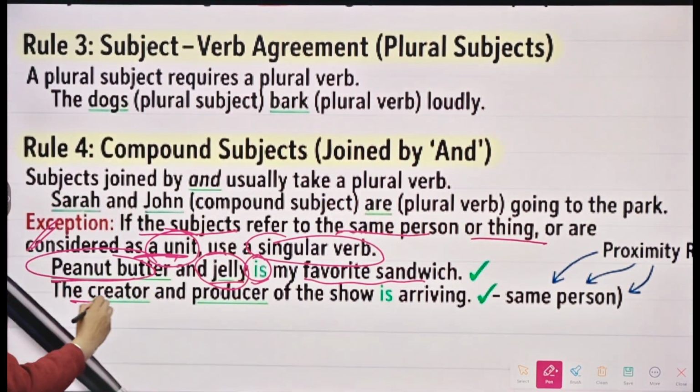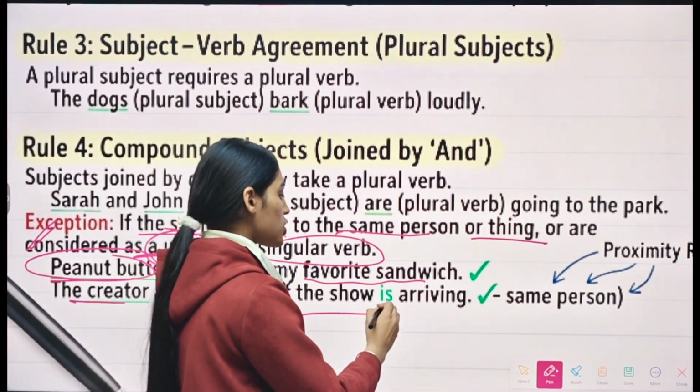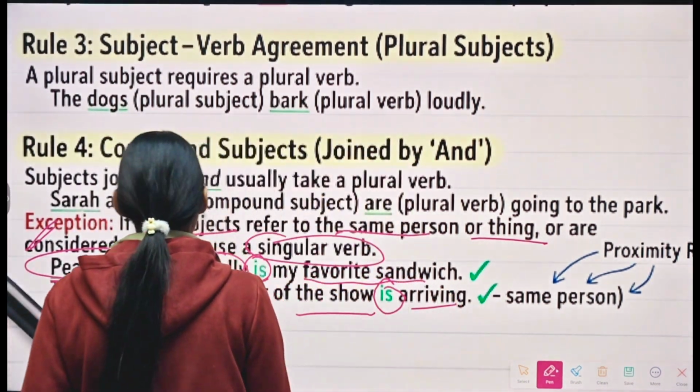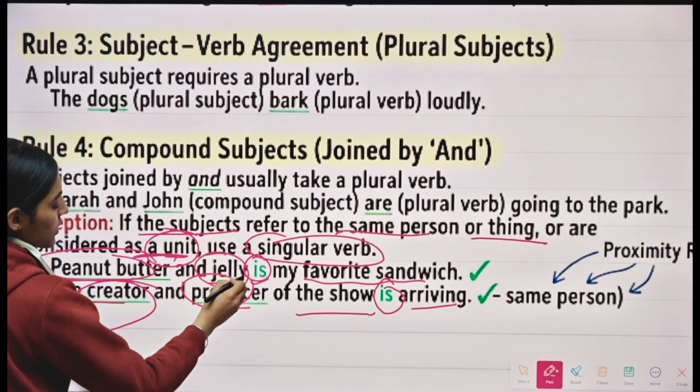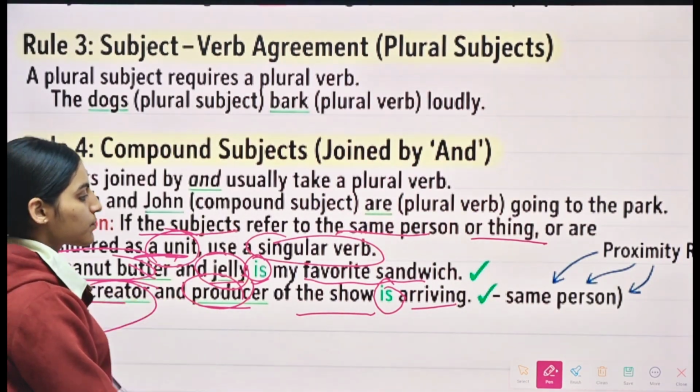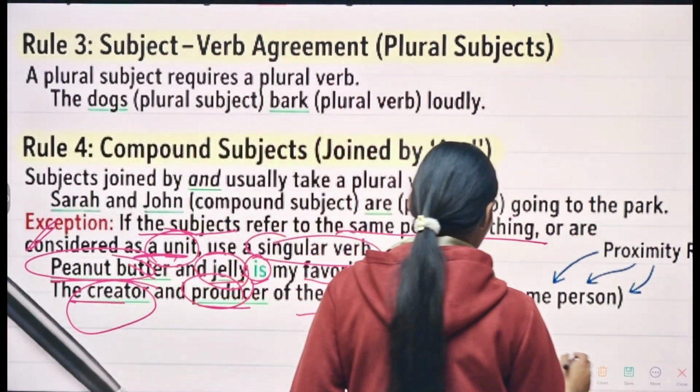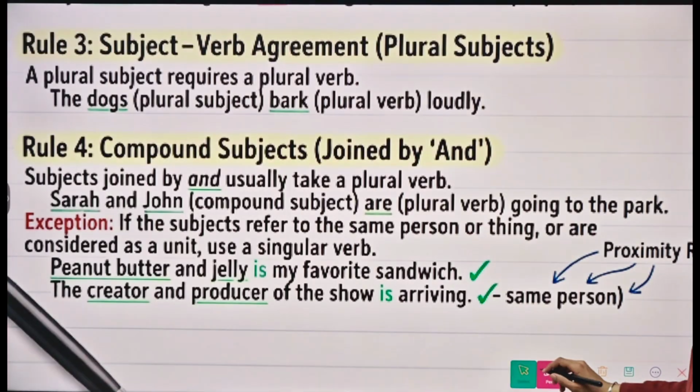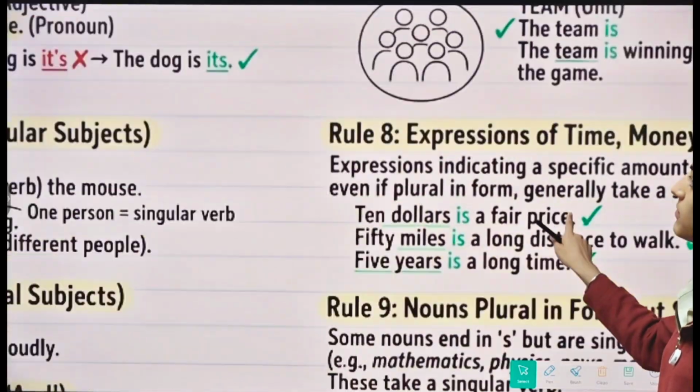Then we have: The creator and producer of the show is arriving. Here the creator and producer is the same person, so we will use the singular form of the verb. Now moving on, we have